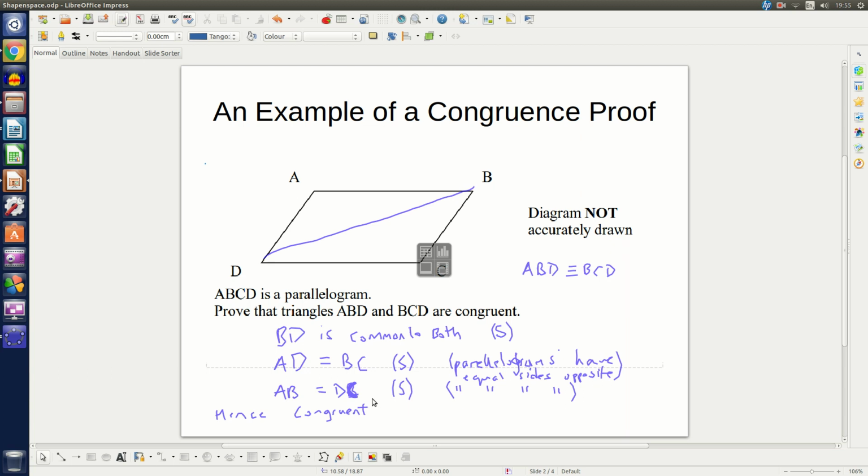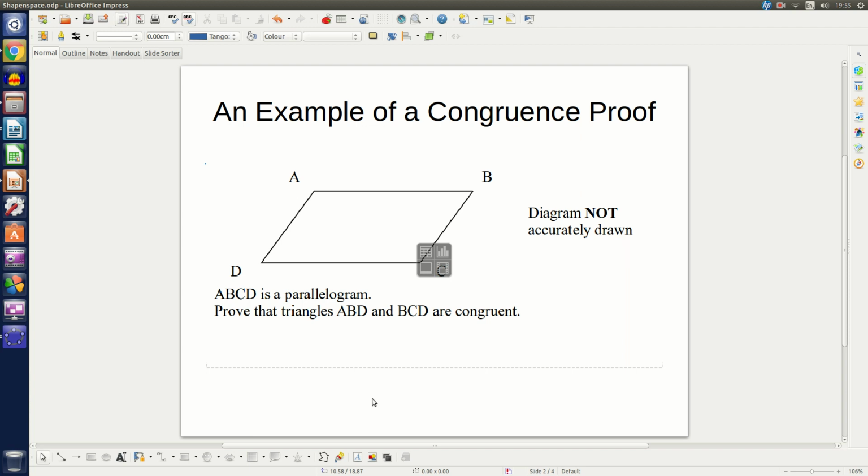Now, it is possible to argue in a different way that they're congruent, but if you don't mind, I just want to show you definitely something which is false. What a lot of students do when they see this line up here is they try to argue that angle ADB equals BDC. And that is not true. The reason it's not true is that if you take the diagonal in a parallelogram, it doesn't necessarily bisect